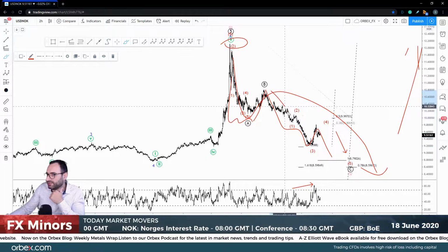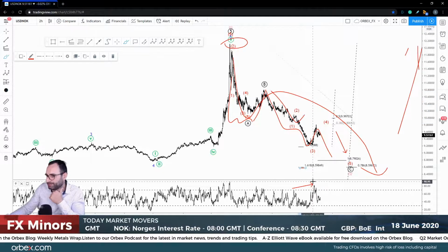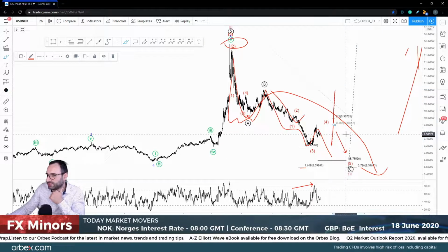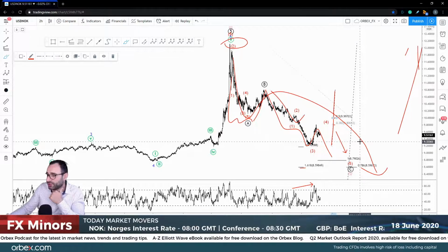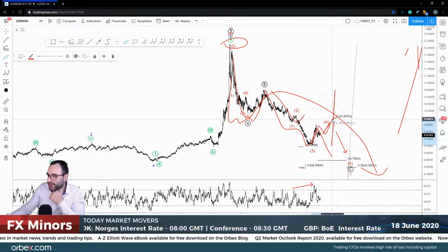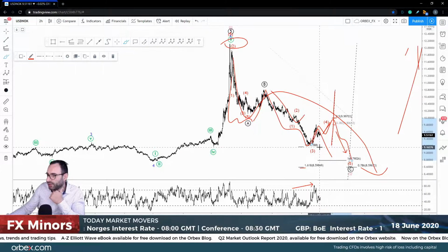Now, if we take the Fibonacci extension of waves 1 and 2, we get to the 8.59, okay, for wave 5. At the same time, if we take the Fibonacci retracement over here, we've done the 38.2. We might want to do the 9.99 or 10, let's just say, which is a very good psychological level for wave 4. So we might see prices rising again. That would mean we'll have a better correction over here, a zigzag, and then prices moving lower,